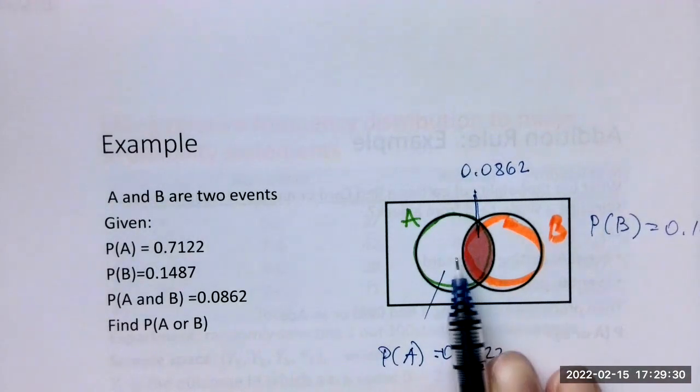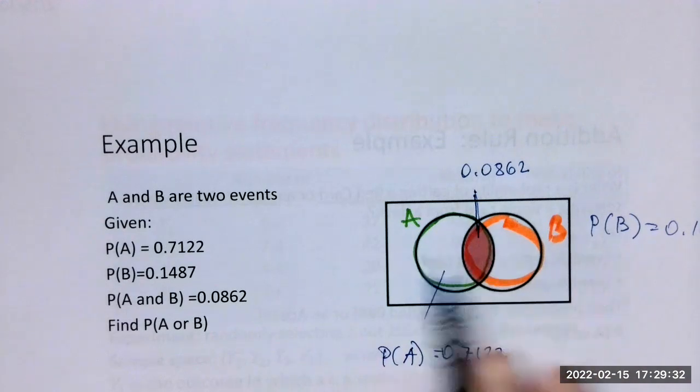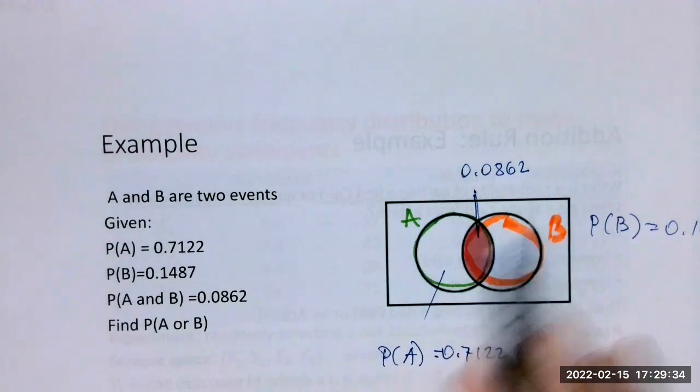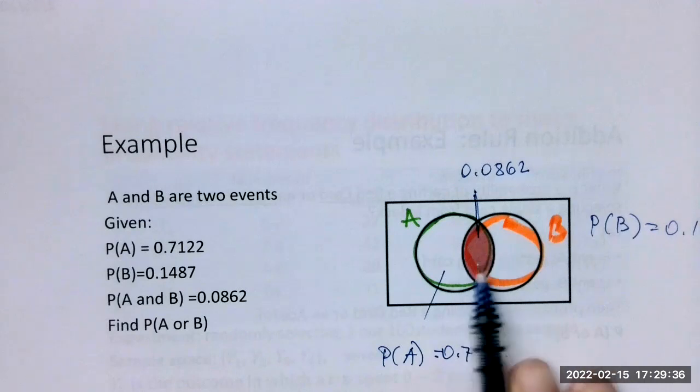So if we just add the probability of event A and the probability of event B, we're going to add this shaded area twice,